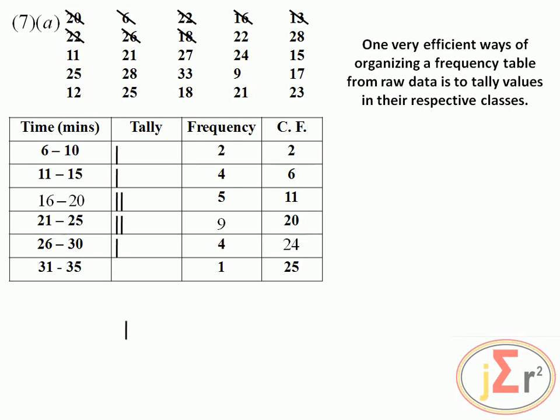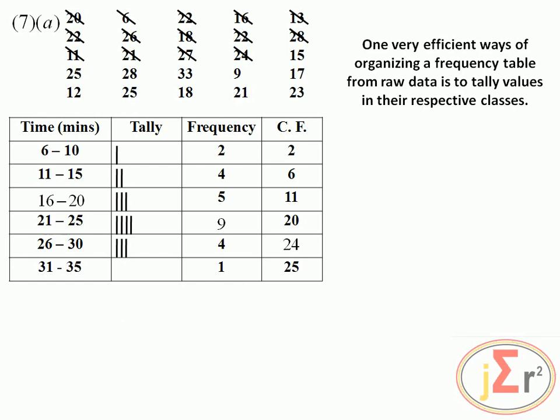Where do we put that? 16 to 20, 22. 21 to 25, 28. 26 to 30, 11. 11 to 15, and so on and so forth. We will always be placing those numbers